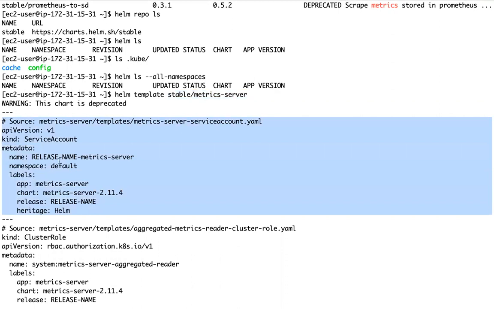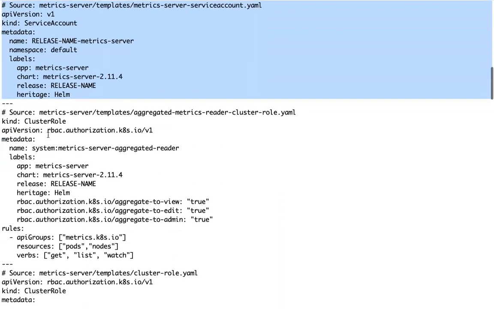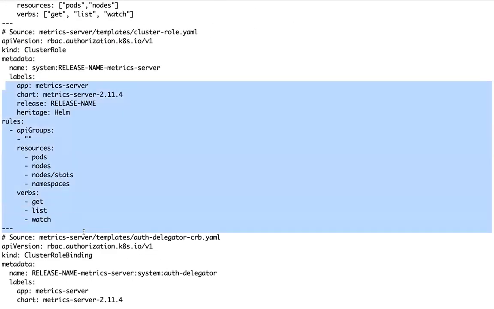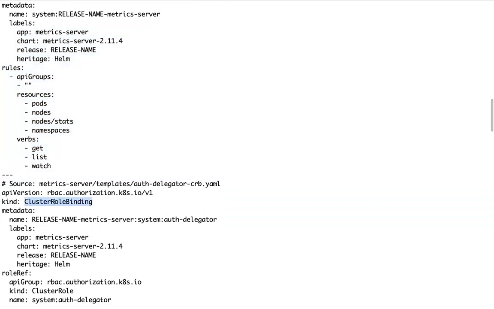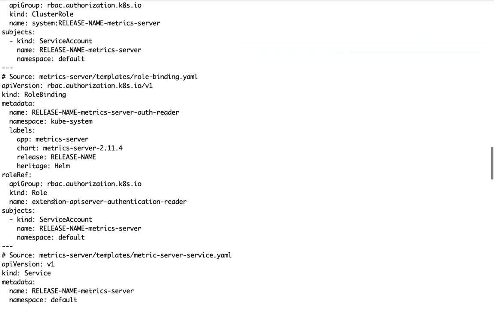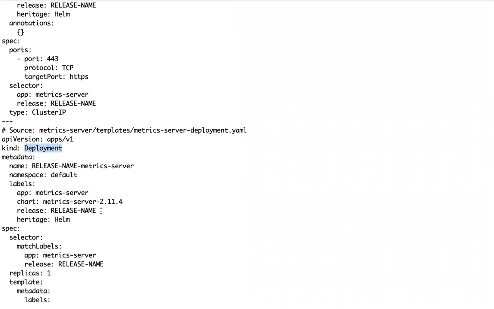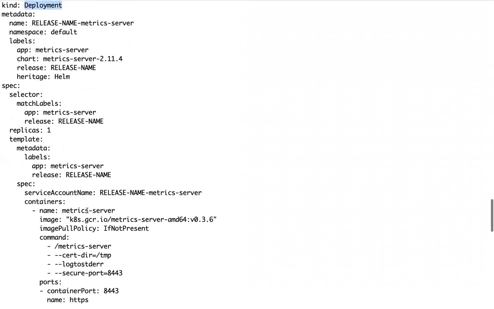One service account. Do you see it's creating a role with required permissions, a cluster role binding? And do you see the deployment using this image? It's creating a deployment, and it's binding that service account.